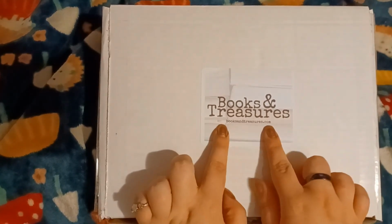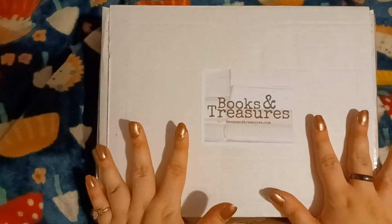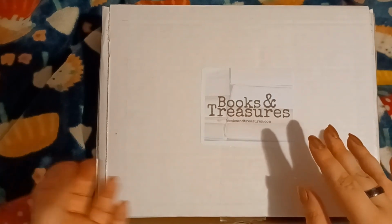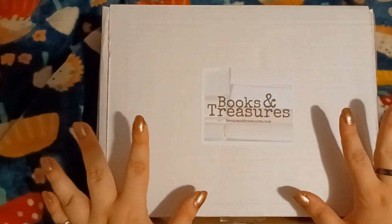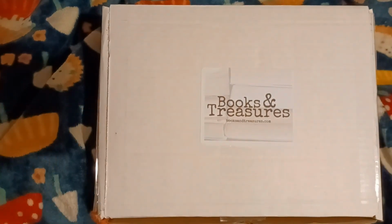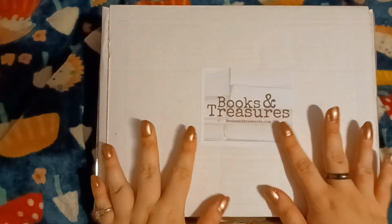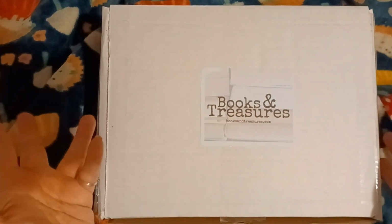As you can see on the front of the box, their website is booksandtreasures.com, and they have a wide range of subscription boxes that you can get depending on your needs, ranging from just a single secondhand book from their collection that they pick out just for you based on what you tell them about your favorite genres and what kind of books you've liked in the past, ranging all the way up to a big box that comes with your book as well as, I believe, 5 gifts every month and a thrifted mug and hot drink of your choice. As you can see, I got one of the middle